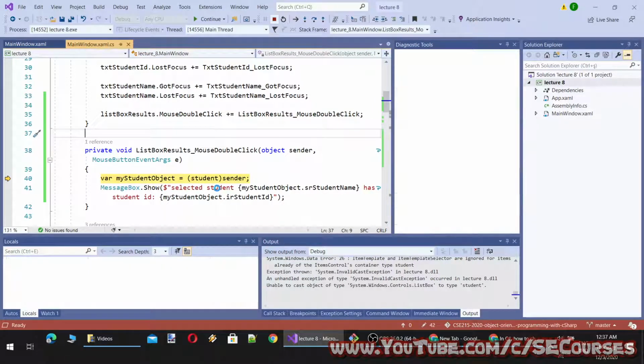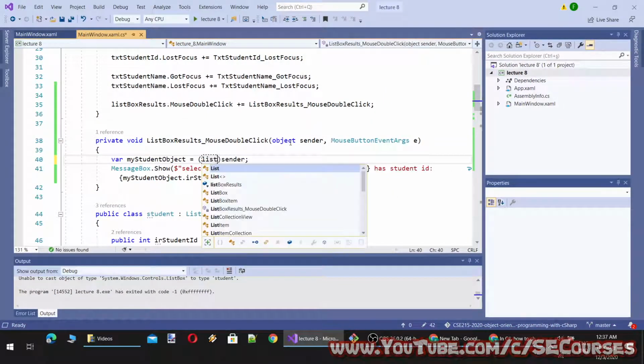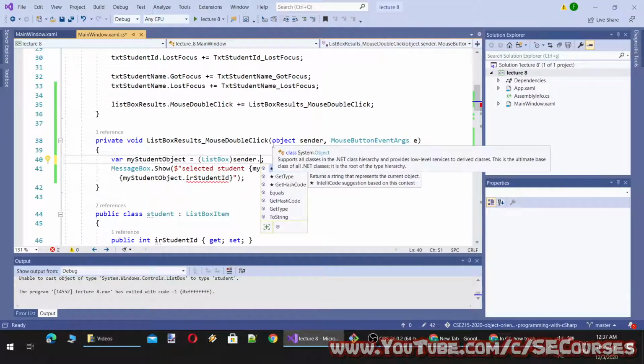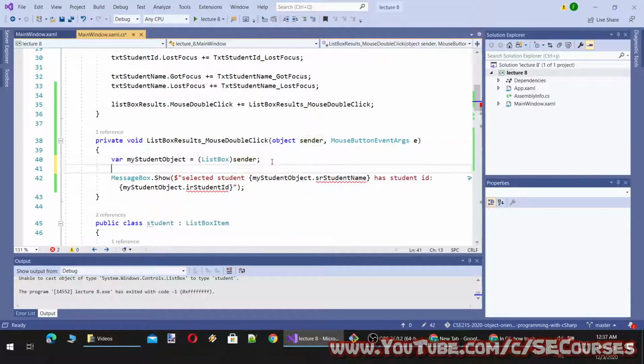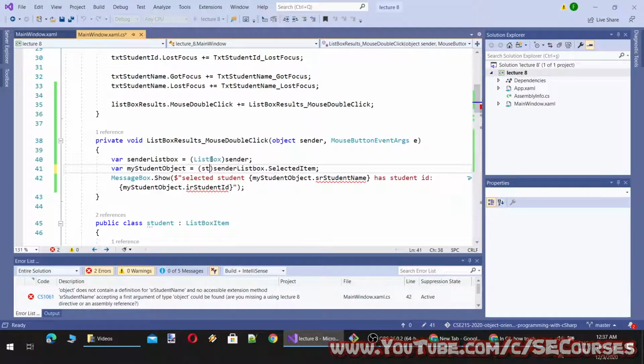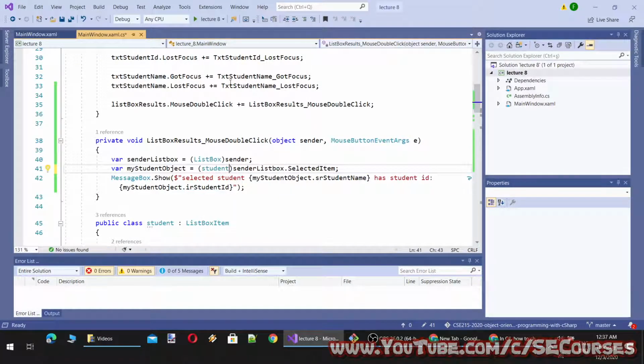Therefore, what I need to do is make it as Listbox, let's say, then var my student will be equal to sender Listbox.SelectedItem. Okay, so it should work right now because it is the selected item. Oh, we have forgotten the explicit conversion like this. Okay.